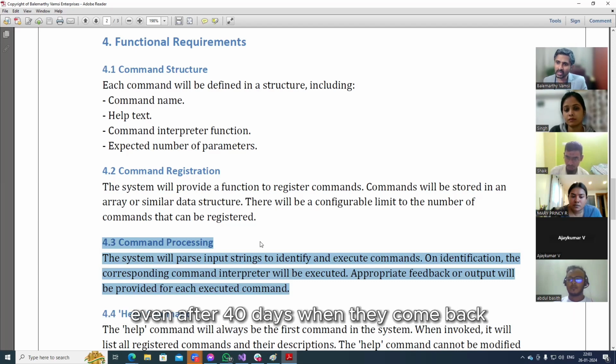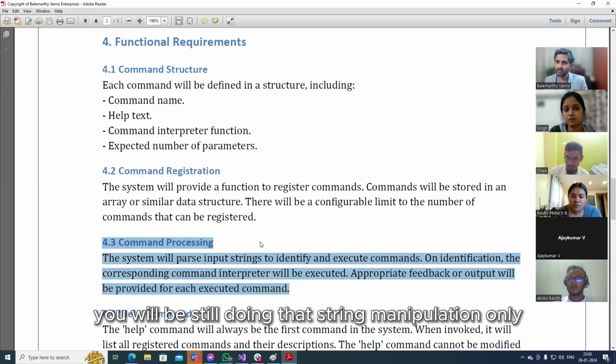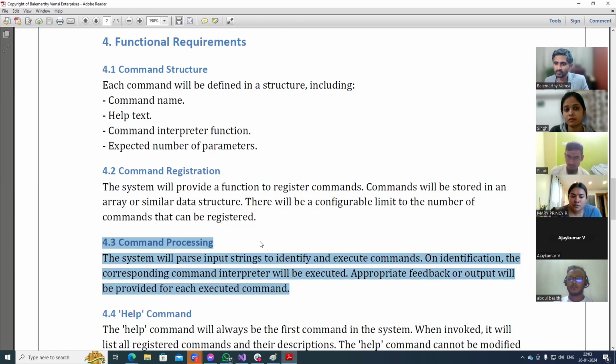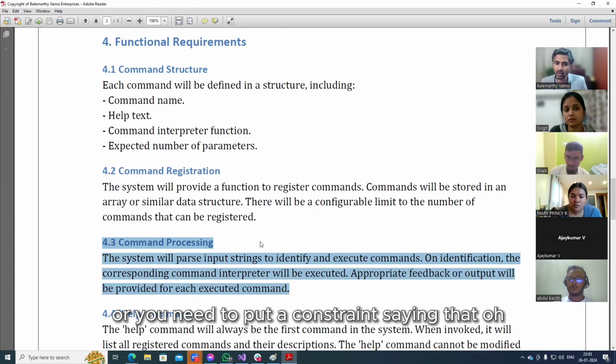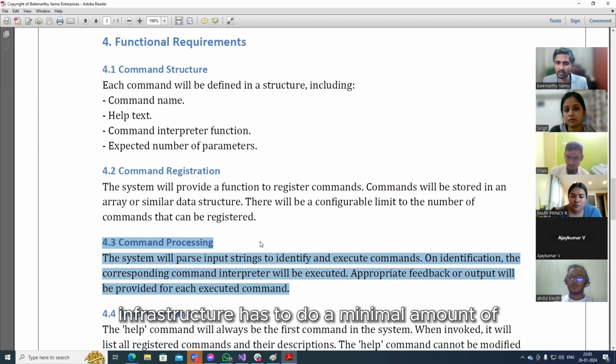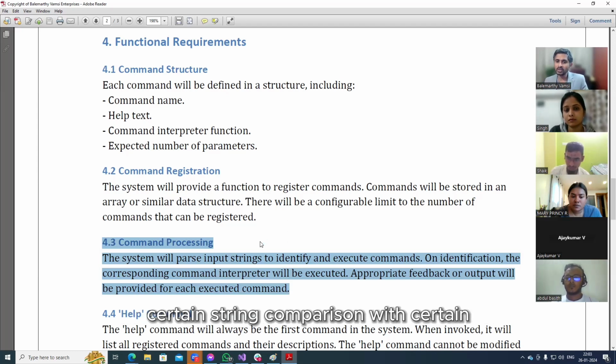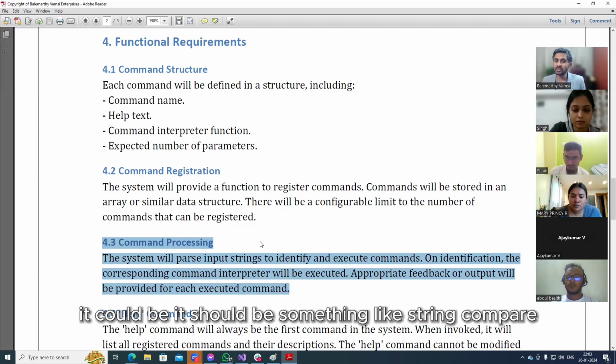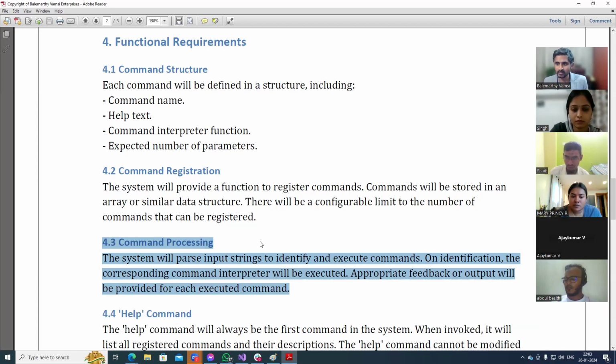Even after 40 days, when I come back, you will still be doing that string manipulation only. So you need to put a constraint saying that this is what I'm going to do. And the CLI infrastructure has to do a minimal amount of string comparison with certain constant commands. That's it. At the max, it should be something like strcmp. Beyond that, I don't see anything.